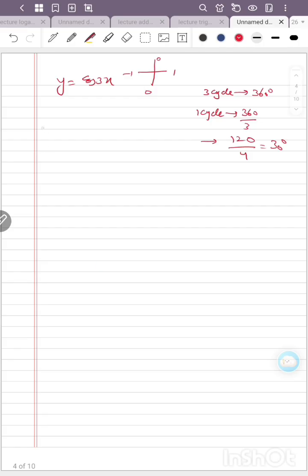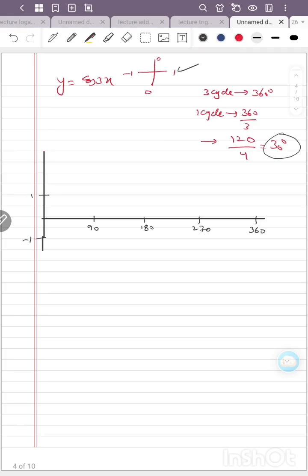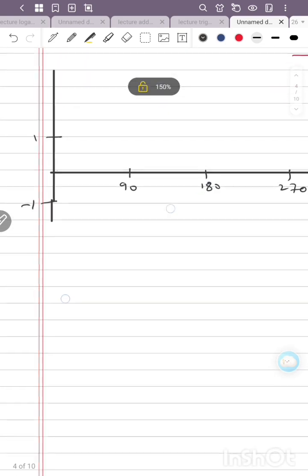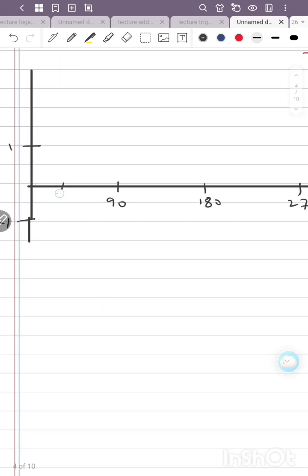तो इस ग्राफ को करने के लिए हमने वैल्यू थोड़ी सी बढ़ा दी, और ये वैल्यू हमने ले ली 0। अब हमारे पास ये 1, ये -1, मैक्सिमम वैल्यू और मिनिमम वैल्यू। ओके डियर फ्रेंड, अब इस क्वेश्चन में हमने इसका ग्राफ ड्रॉ करना है। मैक्सिमम वैल्यू 1 है और मिनिमम वैल्यू -1 है। अब गैप हमने 30 का रखना है। 30 के गैप के लिए अगर मैं जूम कर लूँ तो आपको आसानी से समझ में आ जाएगी। ये हमने 30 का गैप, फिर ये 60 का गैप, फिर 90, क्योंकि